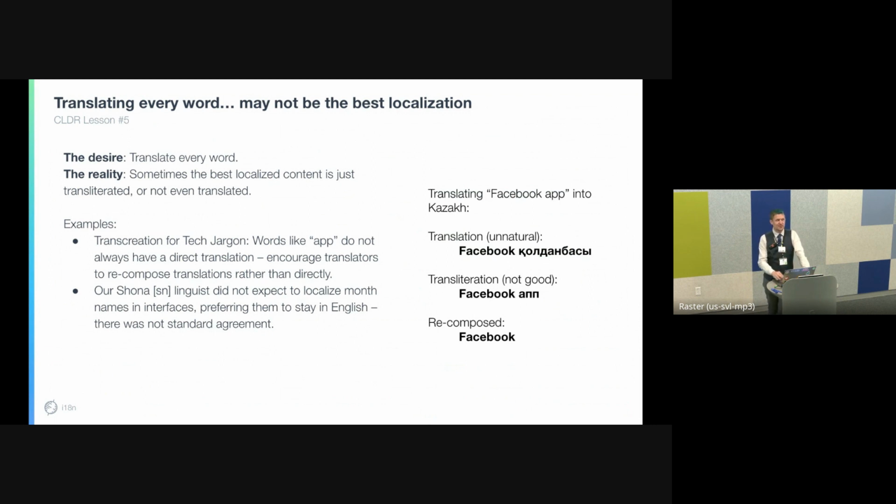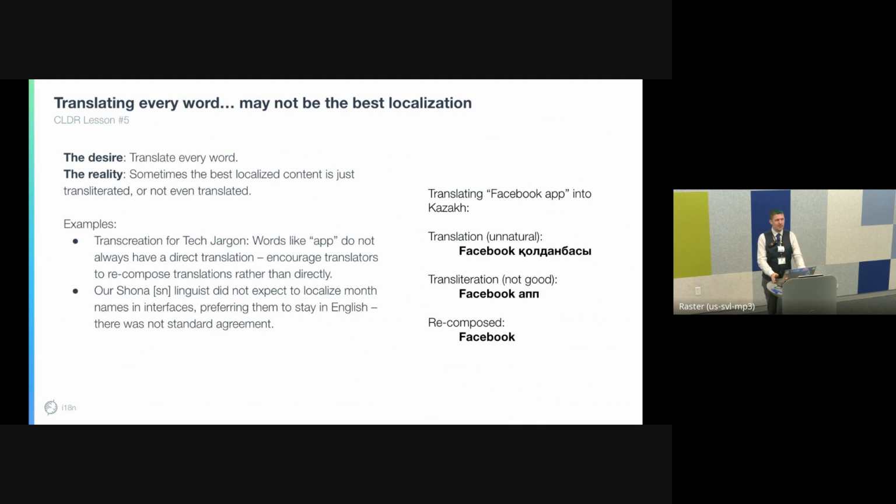And then the last interesting story here is when we were translating Shona. We asked our linguist for Shona, can you translate the month names? And she was like, no. Because the idea of entering your birthday into a system is not something that she's used to in her community. If we're asking to enter birthdays, that's something they do in school in English. So for her, it was better to show month names untranslated. And that broke our minds a little bit, because we'd love to translate everything into as local content as possible. And she's like, yeah, but the way it works in your interface, it's not necessarily that local.